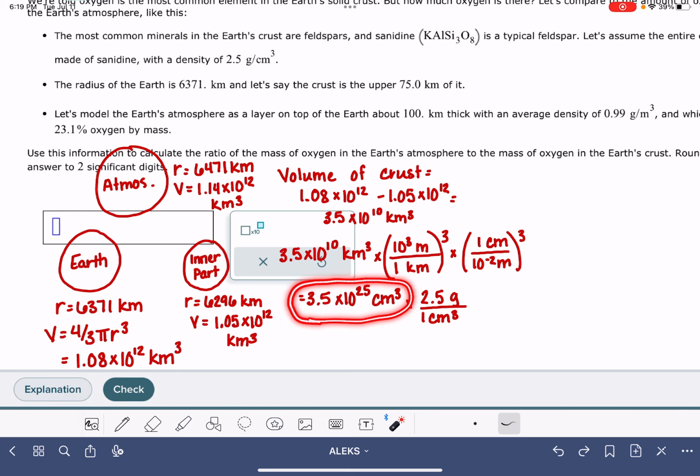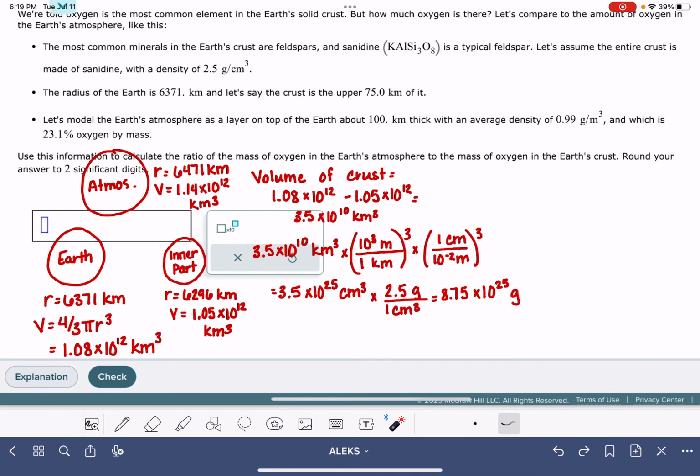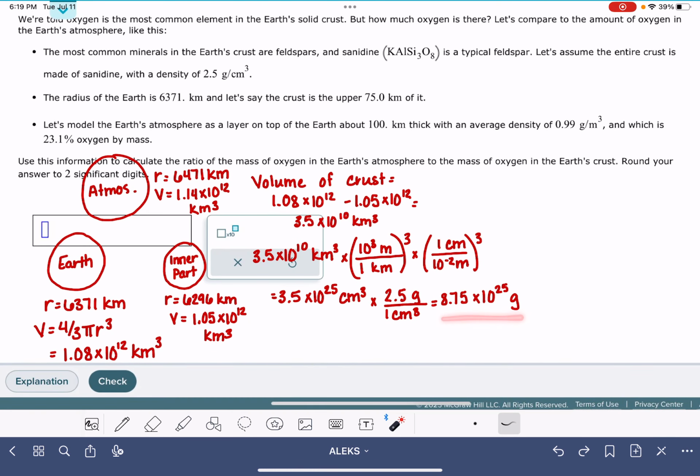From here, I'm going to multiply by the density of the crust in order to get the mass. There it is, 8.75 times 10 to the 25. And your number may be a tiny bit different because you may not have a 75 kilometer thick crust. Now it's telling us to assume that this whole entire mass is this